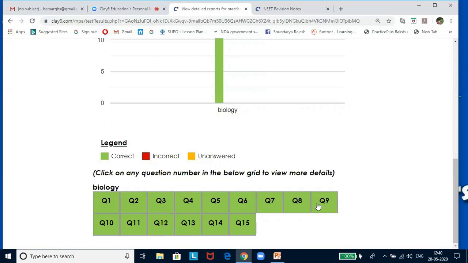Children, when you're doing your NEET exams, you should be very clear that it is negative marking. If you are not aware of the correct answer, please don't mark anything that comes to your mind, because you're going to lose that -1 mark from the total marks you have scored. It is not from 720, it is going to be subtracted from the marks for the number of correct answers you have given. So it is better not to attempt a question if you are not sure of the answer. When you don't attempt the question, you are not going to lose any marks.